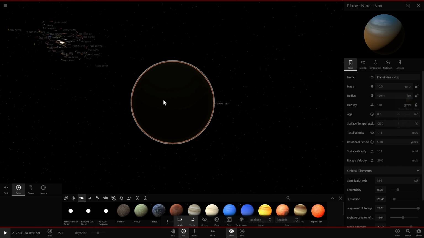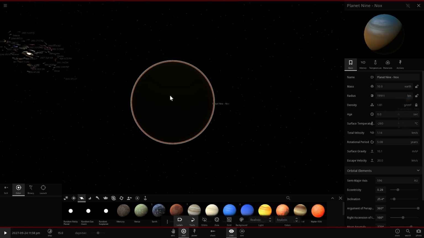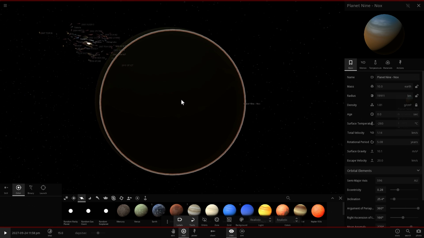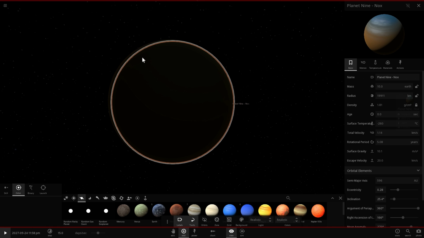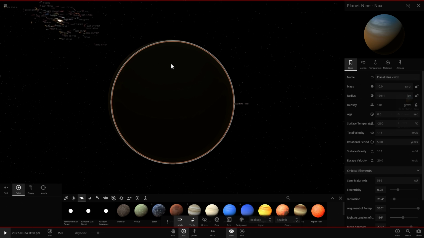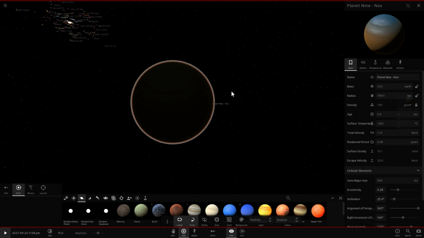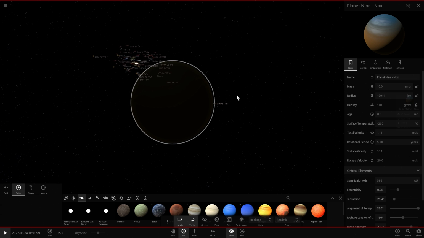But what about that WISE thing that I was talking about, also known as the Wide Field Infrared Survey Explorer, that in 2009 showed that there was no Nemesis? Well, the thing is, WISE didn't really look for objects that were smaller than Neptune and Uranus. And if this planet is out there, it would be smaller than them. And it's very likely that we just haven't found it because we weren't looking for smaller planets.